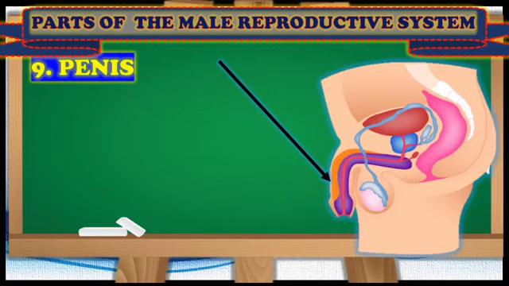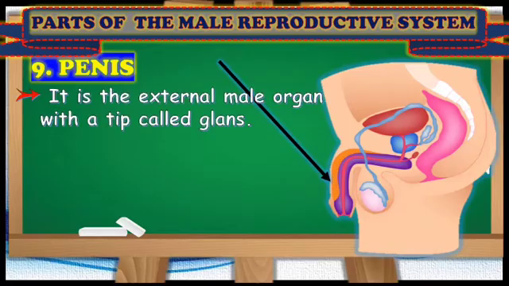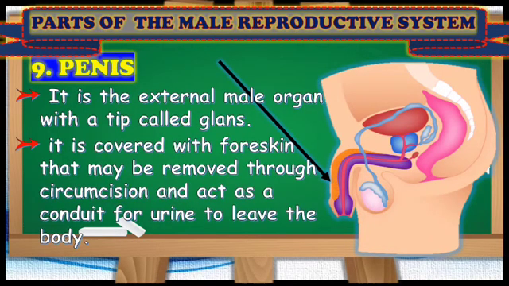The next part is the penis. So that is the penis. So what is penis? It is the external male organ with a tip called glans. Yung nasa tip niya, that is called the glans. So yan yung external, yan yung nakikita natin sa panlabas na anyo. Yung visible na nakikita natin, that is the penis. So it is covered with foreskin that may be removed through circumcision and act as a conduit for urine to